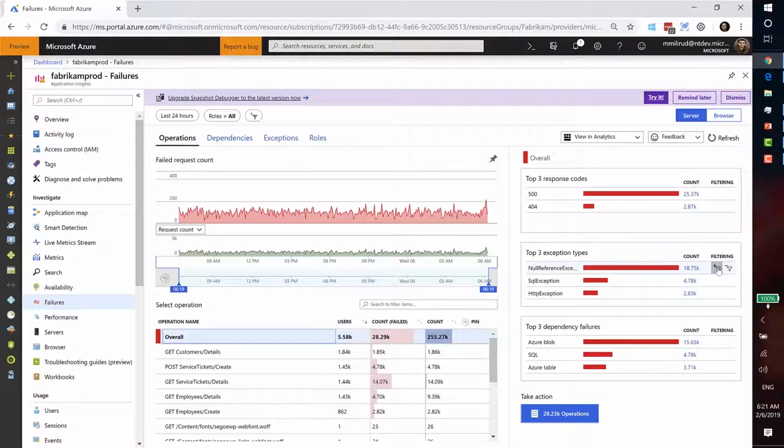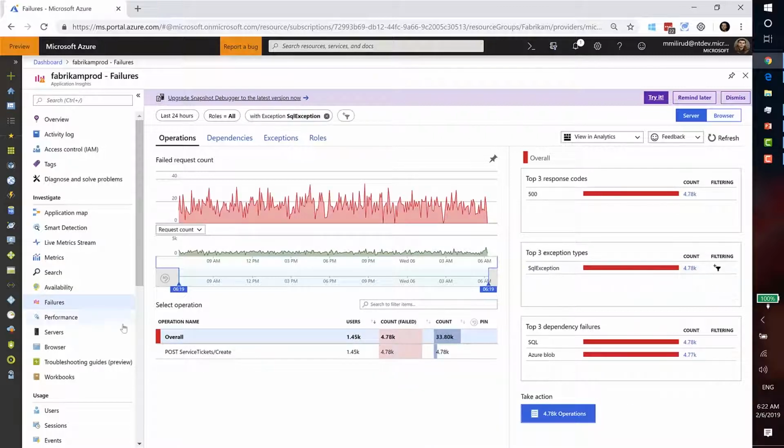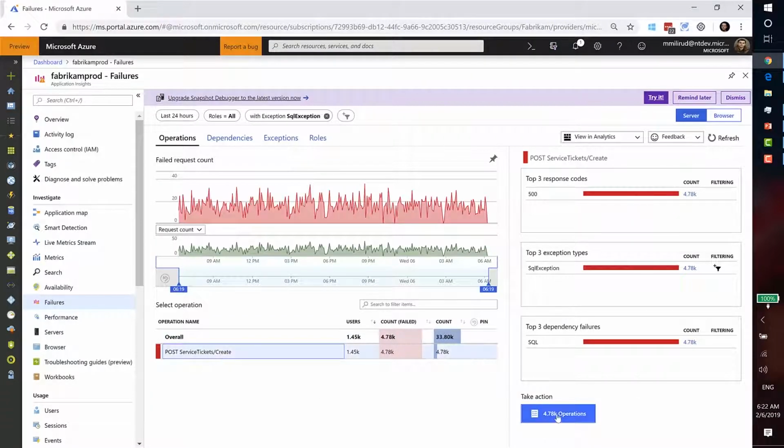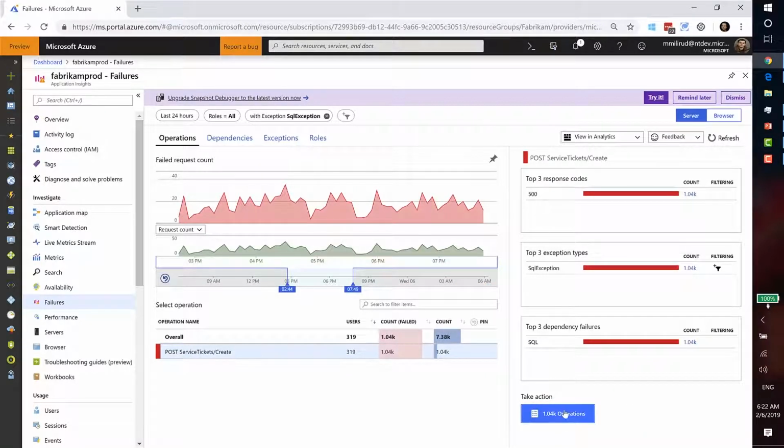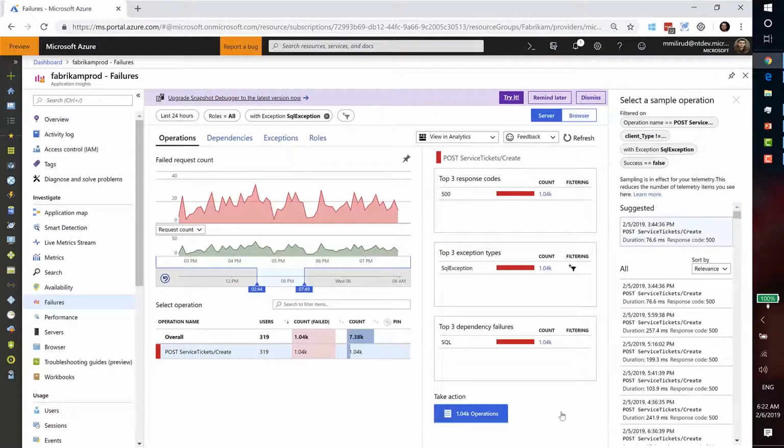And I can now go and start filtering and say, hey, I only care about like the SQL exception. And it will say, oh, SQL exception is only really relevant for post-service tickets create. And I click on that. It gives me 4.78K operations. I can maybe even zoom in more. So I trim down my set of operations to look at, and then I can go and investigate. So we call this view a triage view, because in a couple of seconds, I can find when, what, and how often is it failing. And what I'll be presented here is a set of